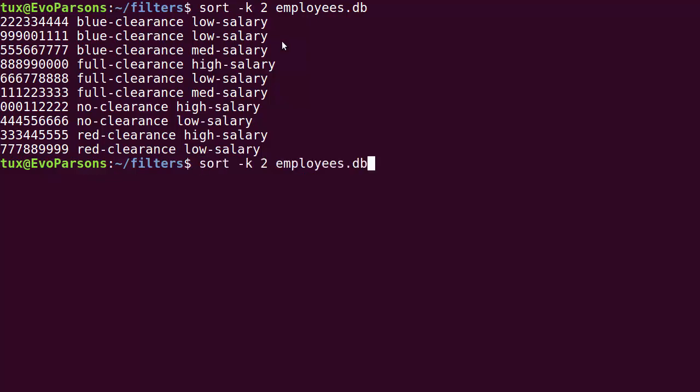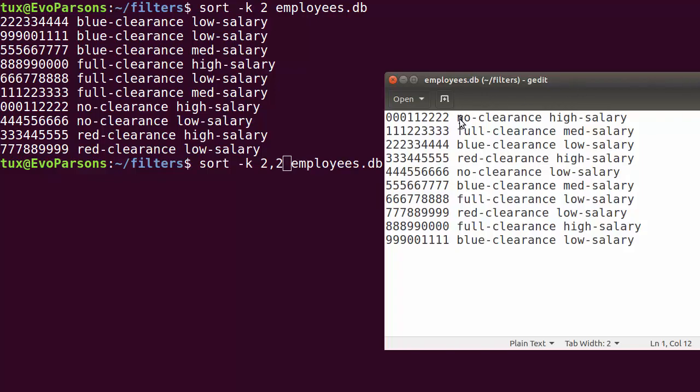However, with sort, you can specify ranges of fields to use for the sorting. So you could say 2 and 2, which is just a fancy way to say, well, I want field 2, right? Well, actually, it's a little bit more than that. It's a way to say, I want you to use as a key for sorting everything starting at field number 2, so blue clearance here, okay? Starting at field number 2 and ending at field number 2,